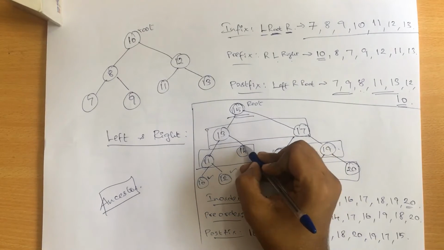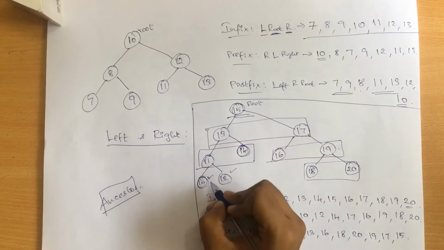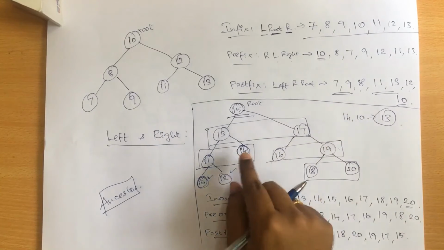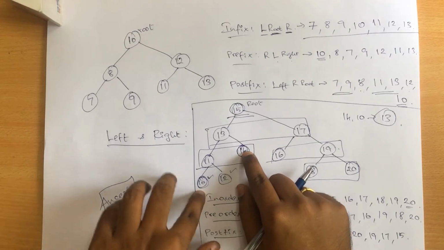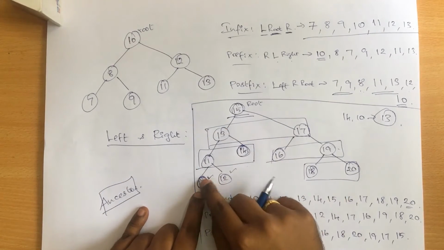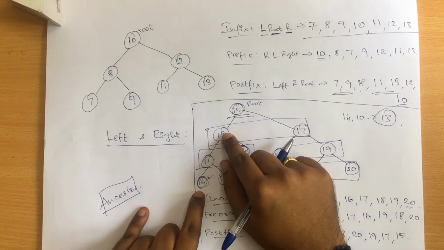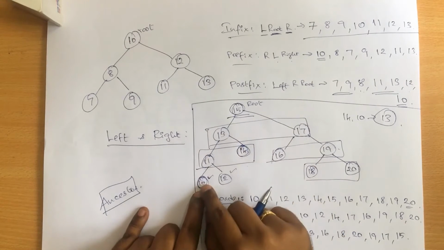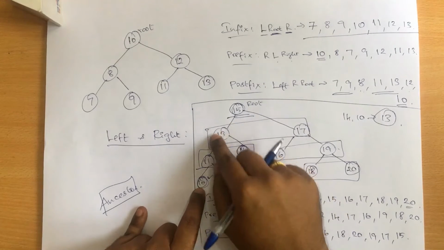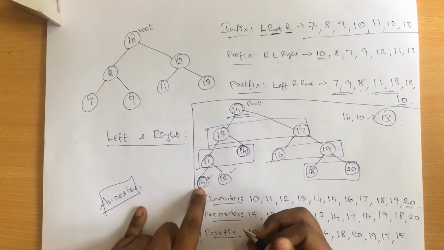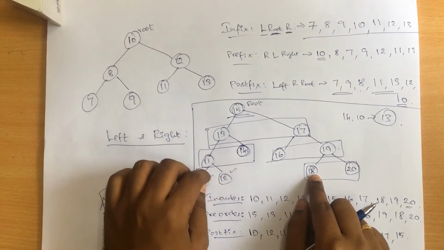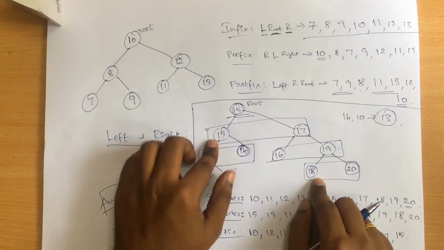Say for example, the common node for 14 and 10, right? So the common node for 14 and 10 will be equivalent to 13, right? So 14 is over here and 10 is over here. So 14 is directly connected with 13 and 10 is connected with 11, where 11 is connected with 13. So it means that the common ancestor for 14 as well as 10 is nothing but 13. Same way, now if I try to find out the common ancestor of 14 and 18, right, or else any node from here, so 13 and 18, it is going to be the root node.